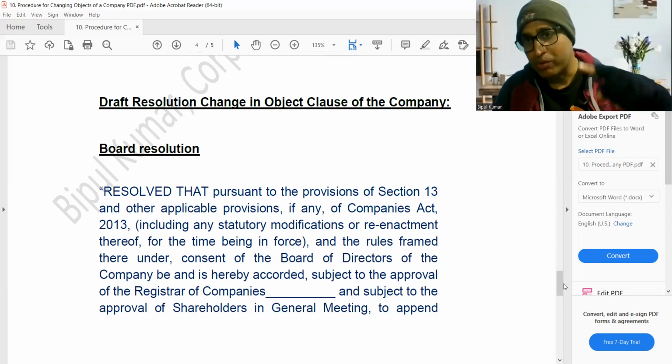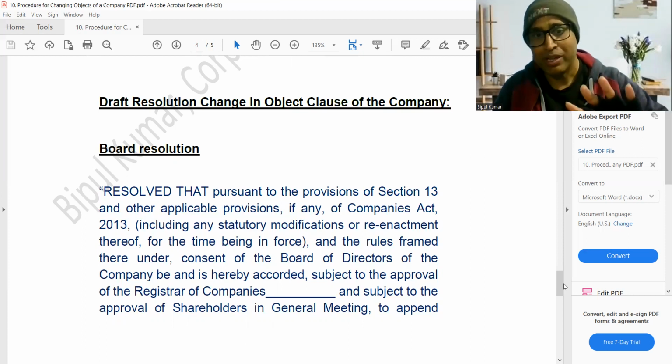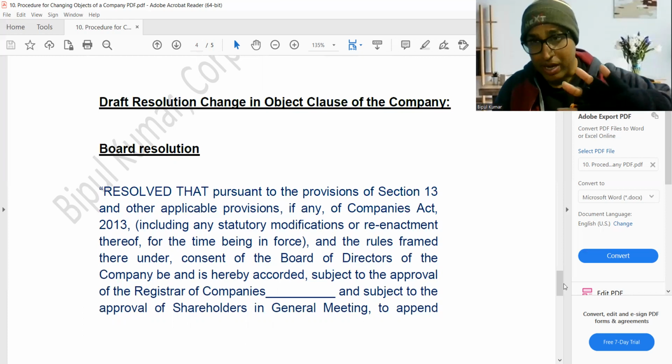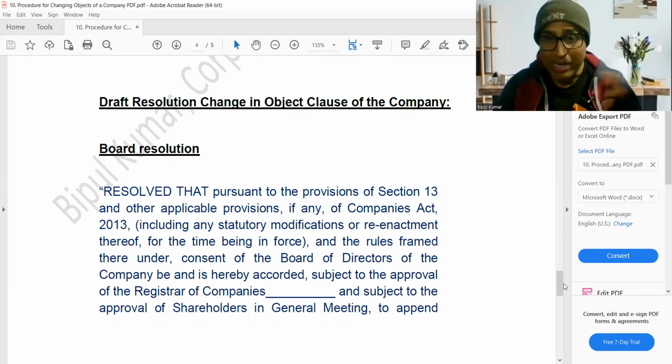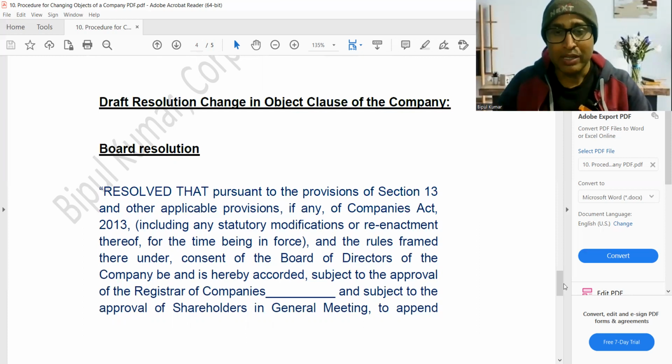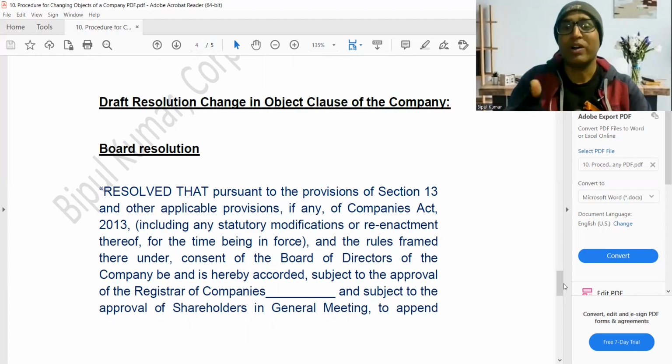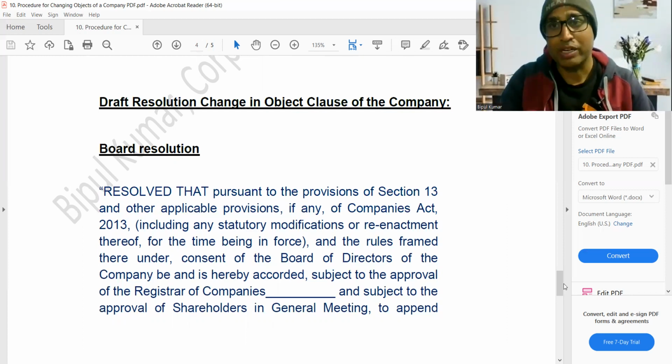If ROC approval is not granted, then your registration is not valid. So subject to the approval of the ROC, name of the ROC, whether Jharkhand, Delhi, whatever jurisdiction your company registered office falls under,